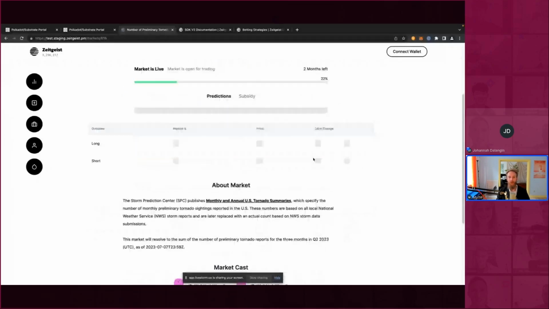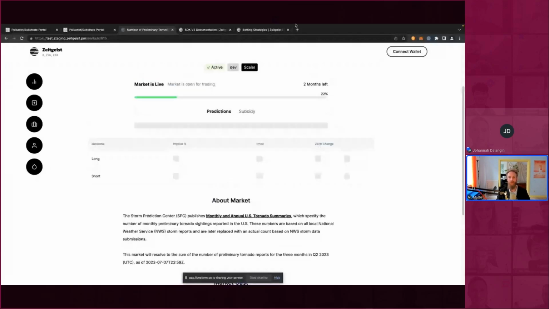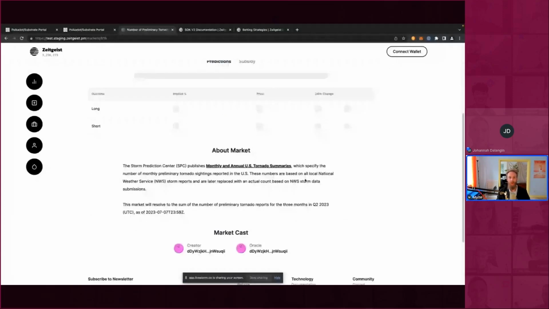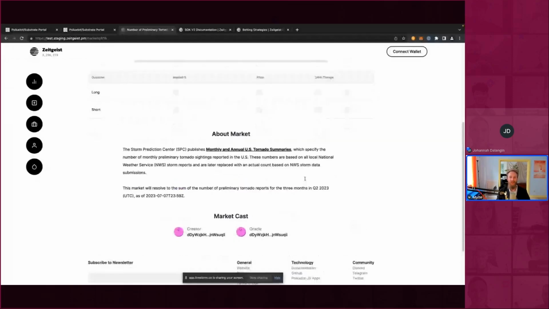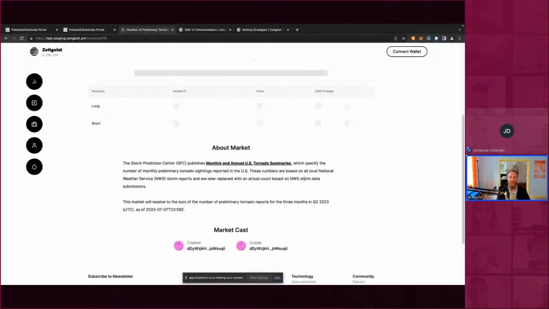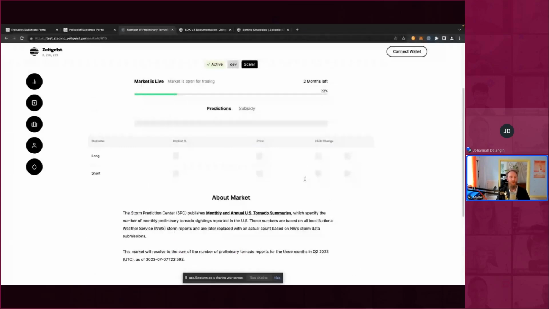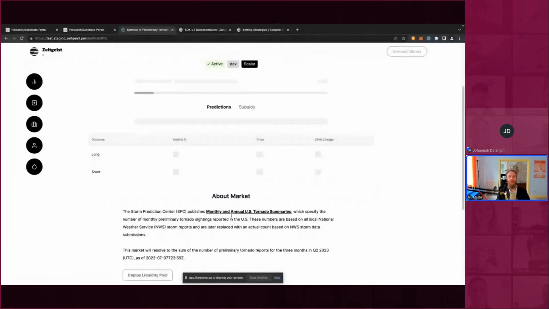This might take a while to load because we're using an indexer to load all the data. So this might be slightly delayed, unfortunately. Let's give it a short moment to load. Otherwise, I'm going to have to ask you guys to check in later to see this. But it should load. Let's try it again. There you go.